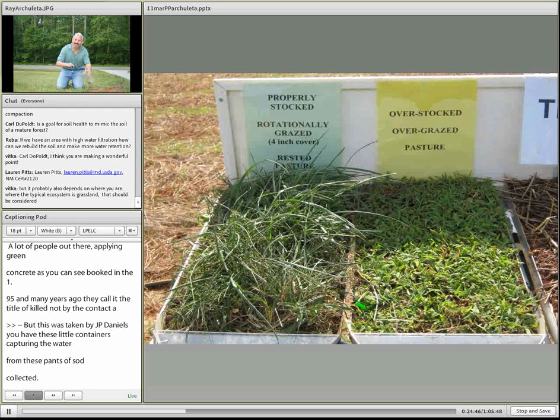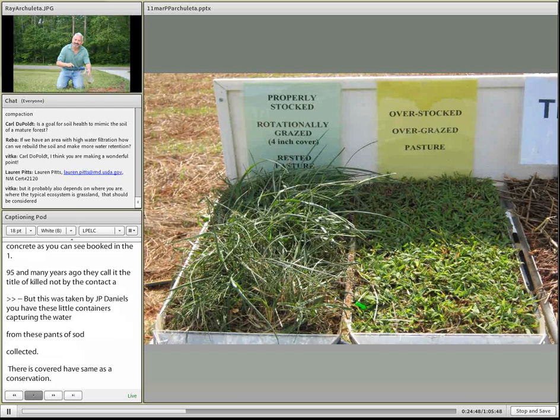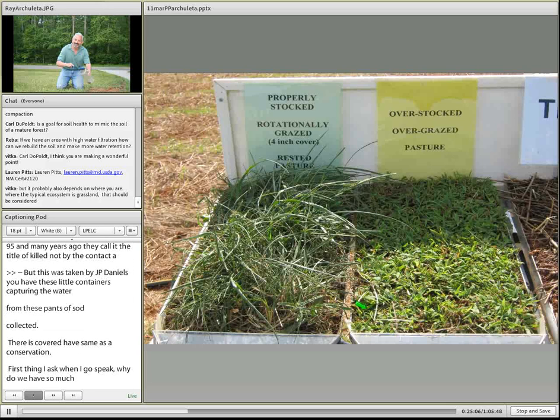First thing I ask the audience is, on this overstocked, overgrazed pasture, why did we have so much runoff in this overgrazed system? And then the majority of the audience says, well, we have poor roots, we have compaction, and those may all be true, but in my humble opinion, I think it's because our canopy is so small,